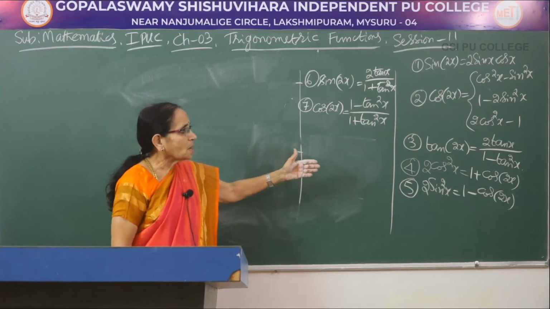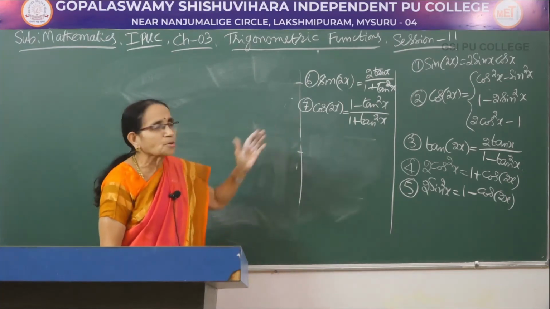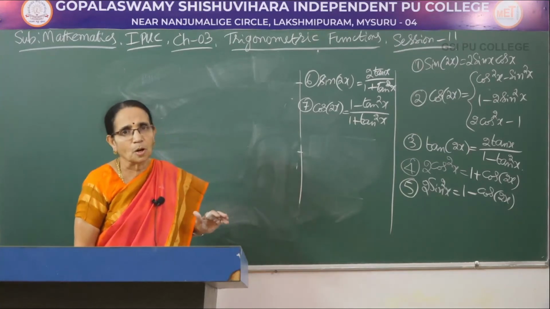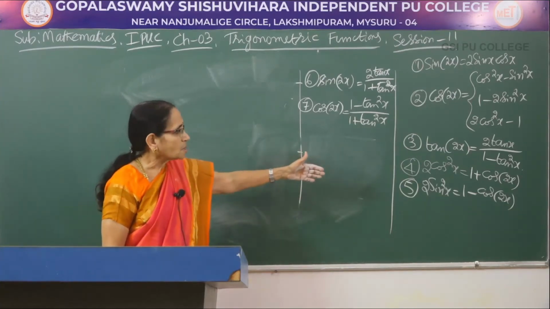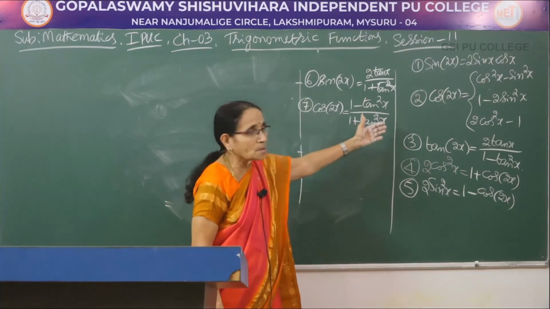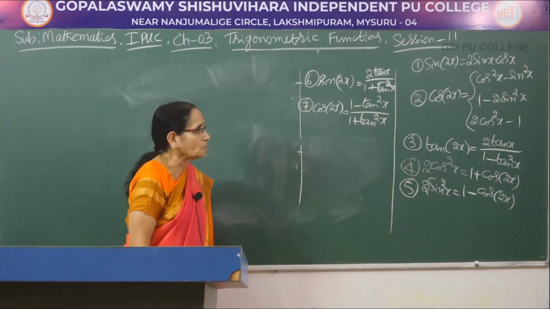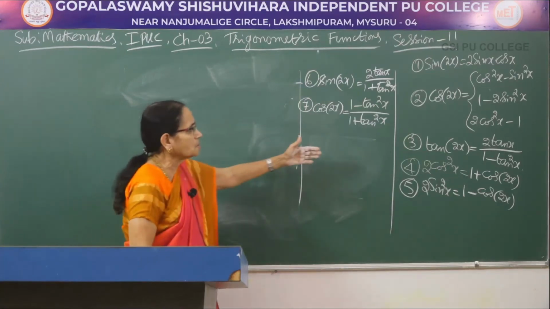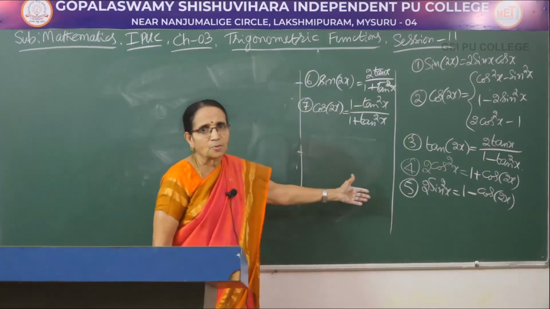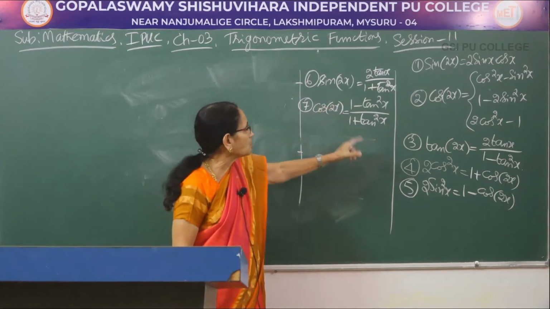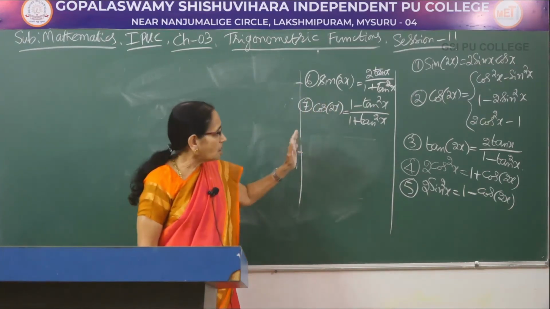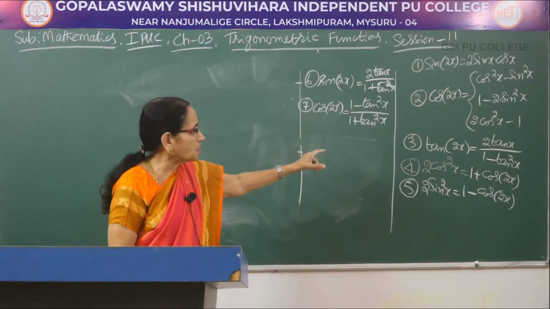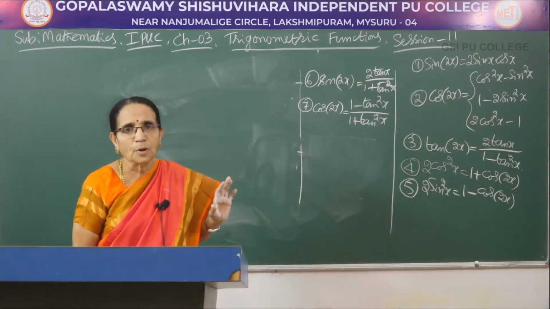The 4th and 5th are other ways of writing the cos of 2x formula, which may be helpful to us while solving problems. That is why I usually give these 2 results as soon as I teach cos of 2x. Usually the 4th and 5th are not asked in the examination. 1, 2, 3 and 6, 7, all of them could be expected for a 2-mark question. For the first 3, you make use of the compound angle formula.